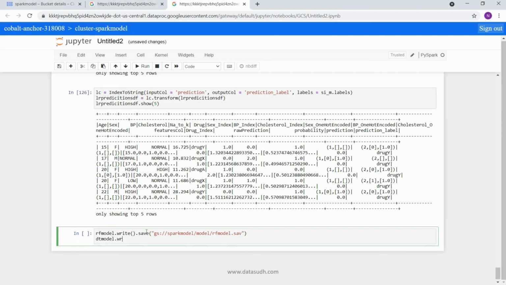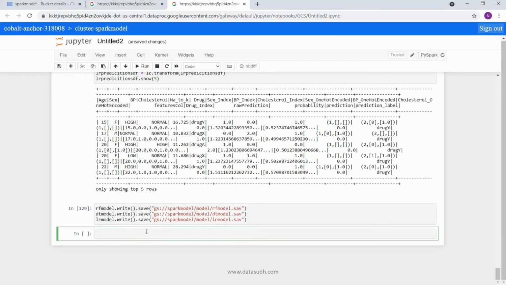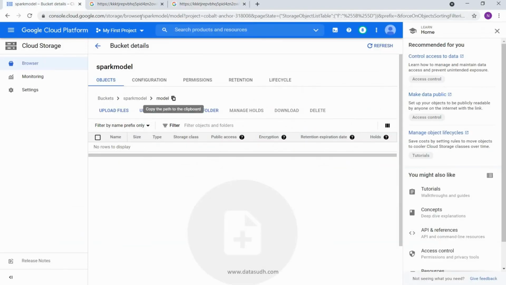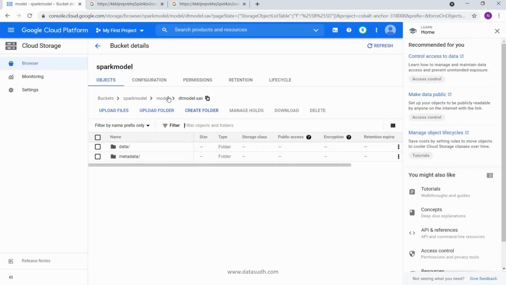For decision tree model, we'll do write, save, again the bucket path, and this time dt model dot sav. Similarly for logistic regression model, write, save, and lr model dot sav. Now let's run this. Okay, now let's go and validate, refresh this page. So all our models are now saved here.